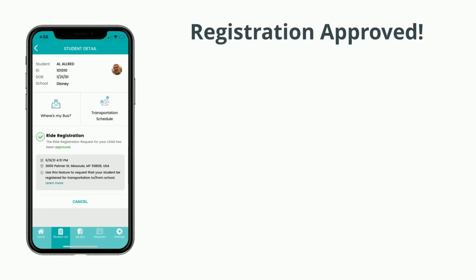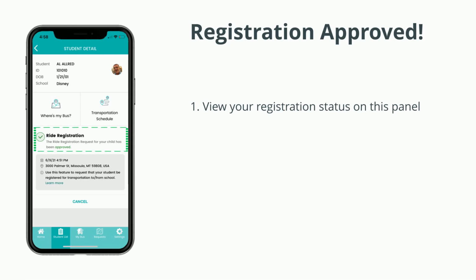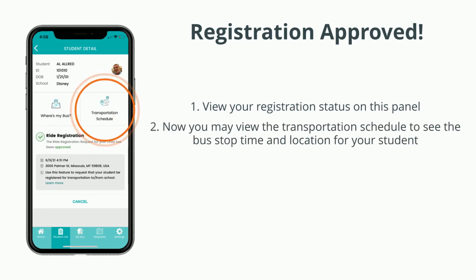Once your registration has been approved, it'll be indicated as such in the panel with the green checkmark. Now simply go to the transportation schedule to see the bus time and